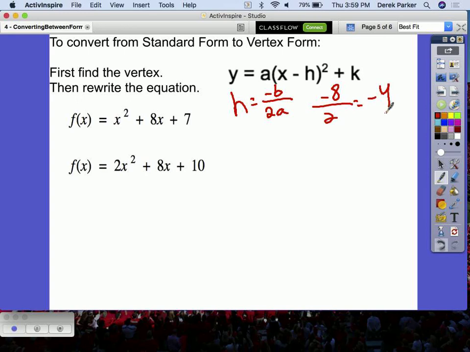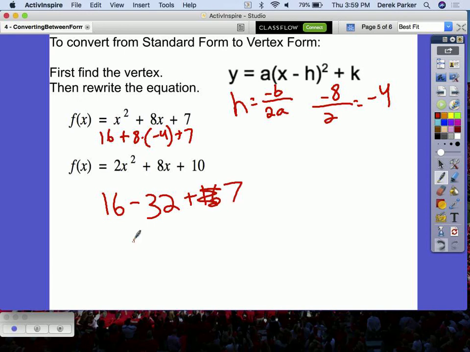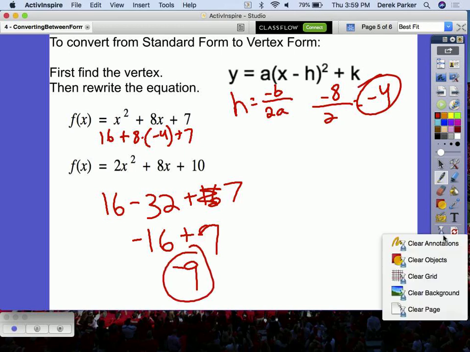I now plug that in. 16 plus 8 times negative 4 plus 7. 16 minus 32 plus 7. I get negative 16 plus 7. And I get negative 9. Now that I have the vertex, negative 4, negative 9,